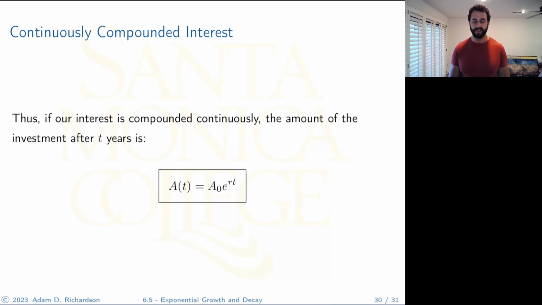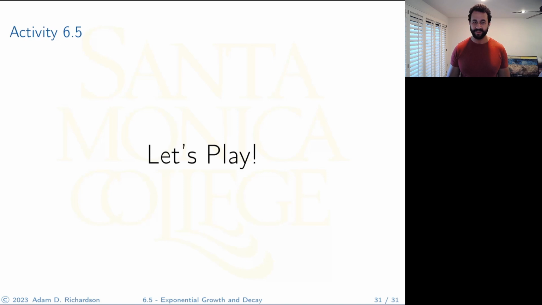There it is. So if our interest is compounded continuously, then the amount of the investment after t years is given by that formula, A naught times e to the rt, where A naught is the amount of the original investment and r is the annual interest rate. Cool stuff, huh? I think it's kind of cool. It's cute how e just pops up. All right, so on that note,